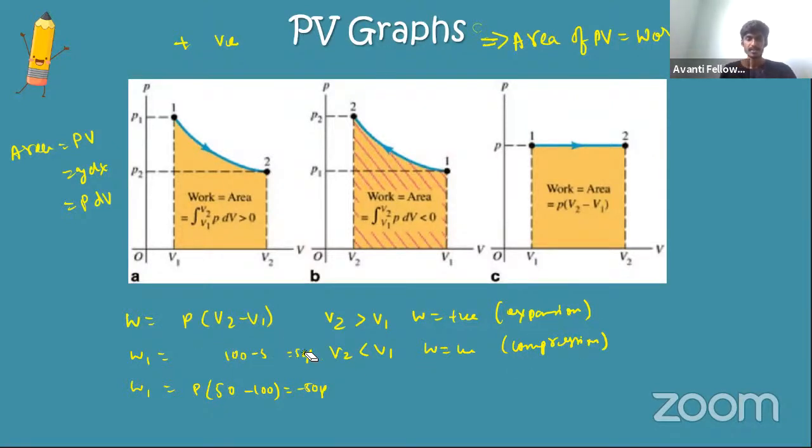Okay. So in expansion, if the object expands, the balloon expands, or if the piston goes up, the volume of the gas increases, work done is positive. If the piston comes down, if the volume decreases, then it's taken as negative. Work done is negative. Clear to all of you? Students, am I clear to all of you? If we are clear, we have a good amount of questions to solve now.